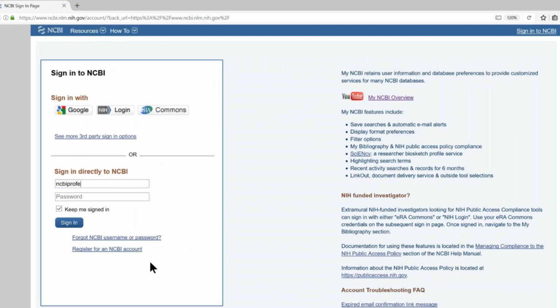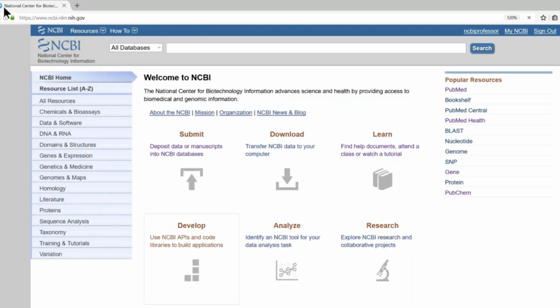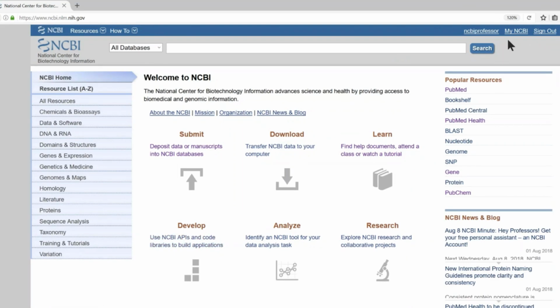NCBI Professor. Now, let's see if I can remember my password. And it is still spinning in the upper corner. Aha. I'm logged in, and I know I'm logged in because now in the upper right-hand corner, it doesn't say sign in. It says NCBI Professor. If I click here, it will allow me to go into the account settings, change my password if I need to. The My NCBI link will allow me to go to the dashboard,